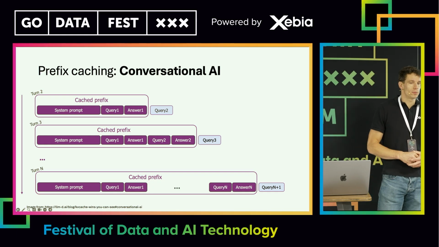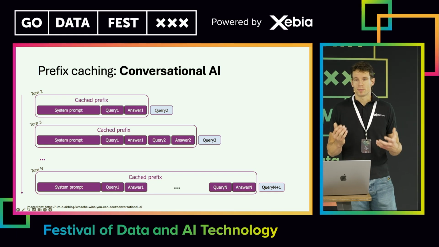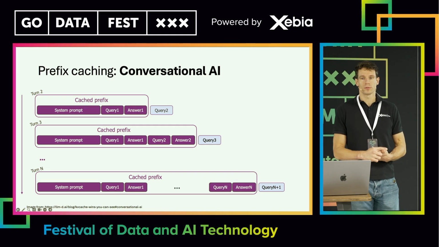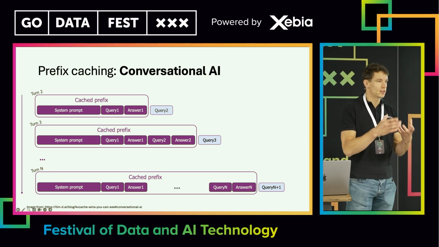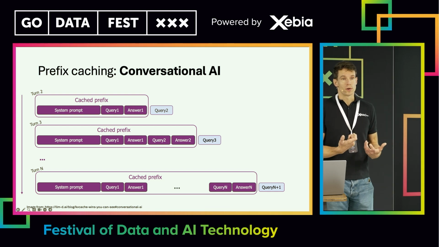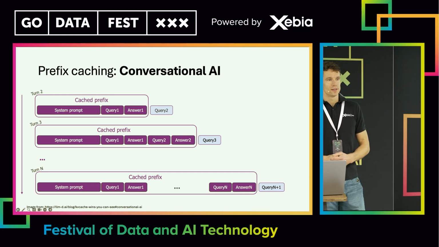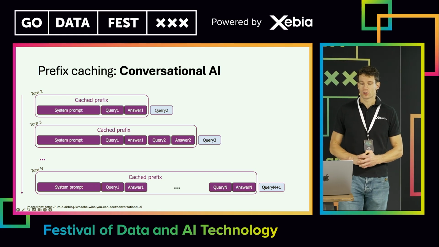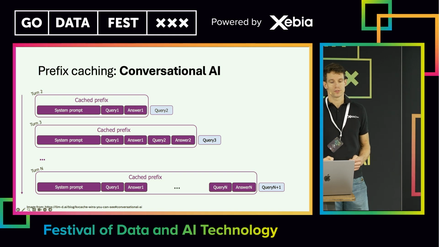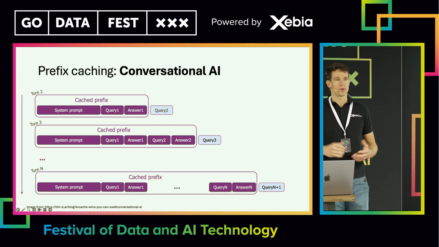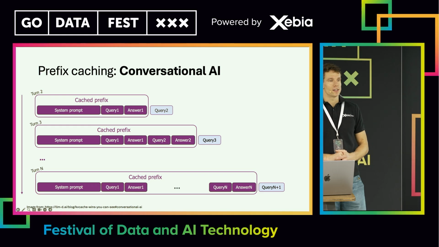Think of a typical chatbot. The pattern of an interaction with a chatbot is you have a system prompt where you explain what your chatbot is supposed to do. And then your user sends a query, and then your chatbot answers that query. Simple as that. But then the user might want to ask another question and another question. So you can see that the input of the model grows and grows with each question that you ask as the chat log is growing.